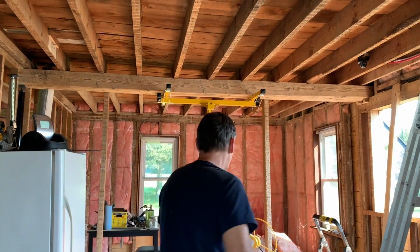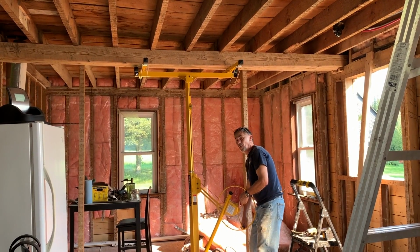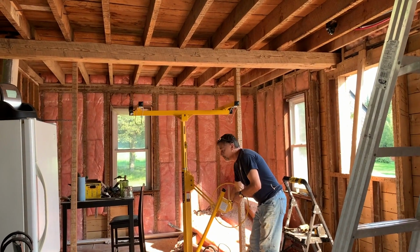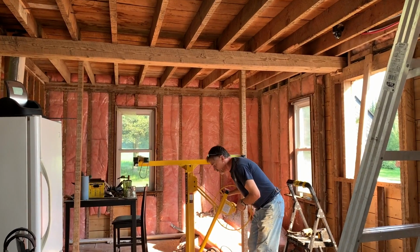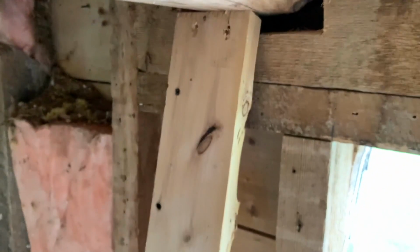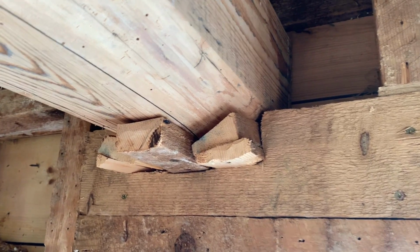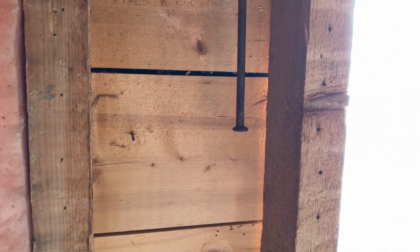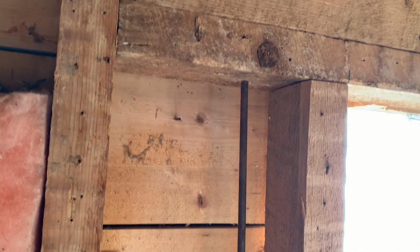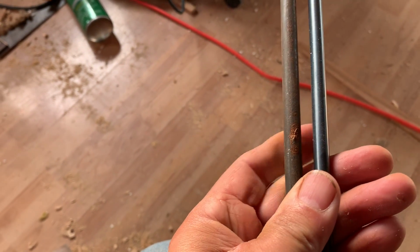Well, the beam is all done, and I'm gonna take the skyjack down and see what happens. Here we go. Now that's one big nail going in there. I made a hole all the way through the length of that nail, just to show the drill bit and the nail. It looks almost the same on the camera, but